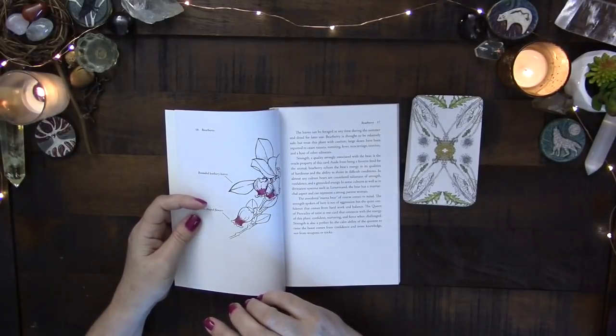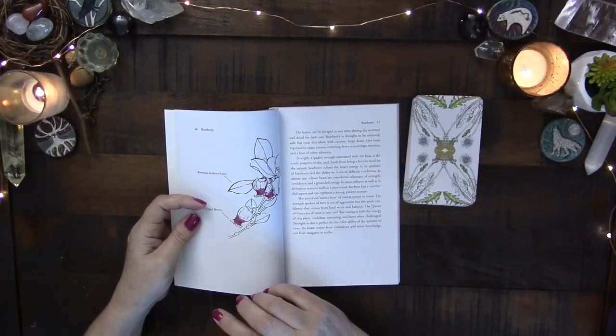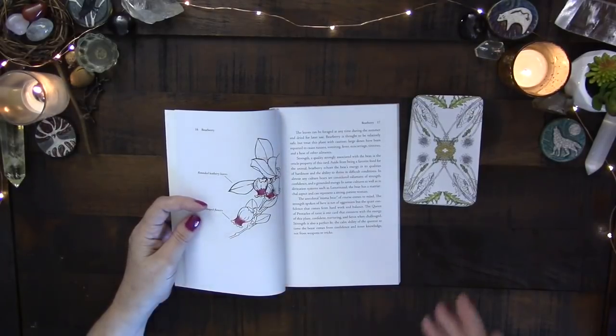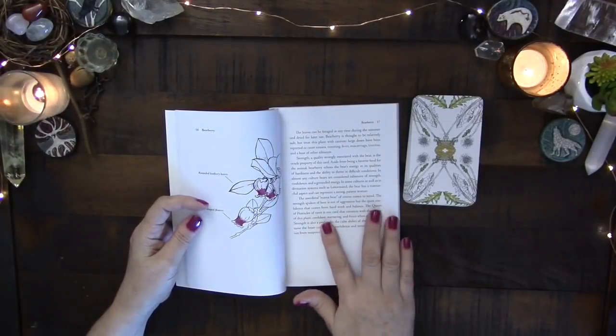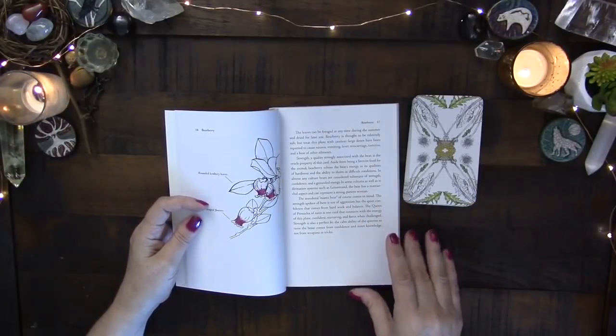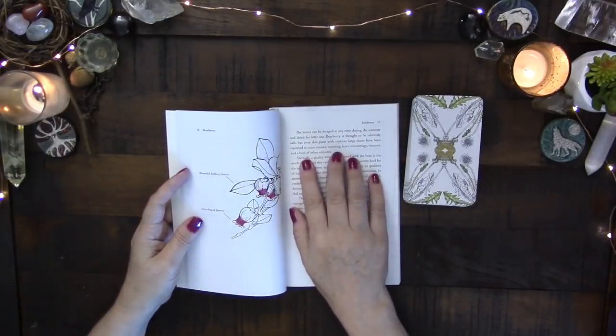Aside from being a favorite food for the animal, bearberry echoes the bear's energy in its qualities of hardiness and the ability to thrive in difficult conditions. In almost any culture, bears are considered talismans of strength, confidence, and a grounded energy. In some cultures, as well as in the divination system such as Lenormand, the bear has a matriarchal aspect and can represent a strong, patient woman. And then it goes on even some more, in tying it to the Queen of Pentacles, tying it to that mama bear, and so forth. So you also have,